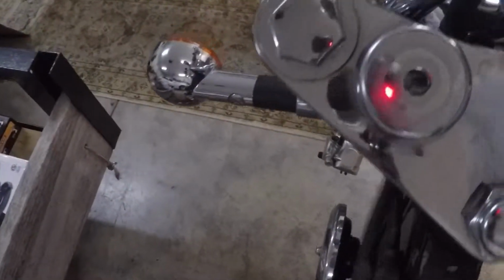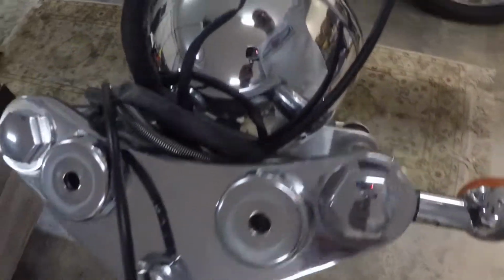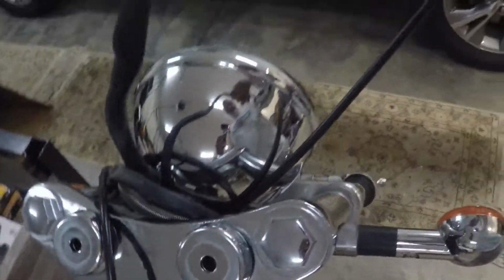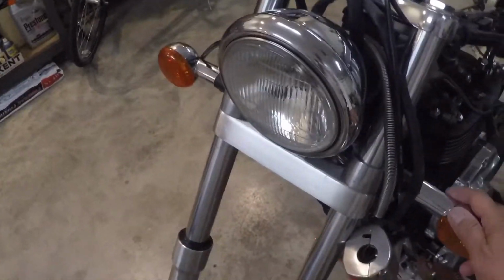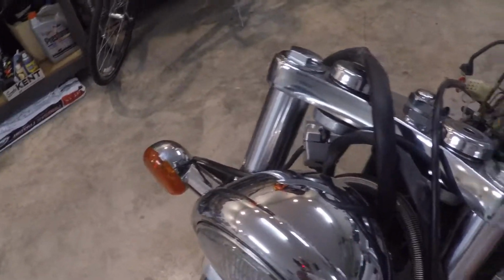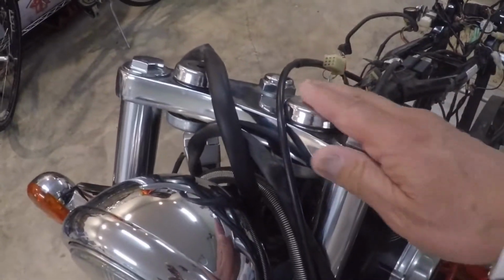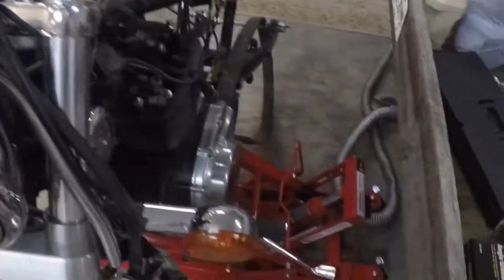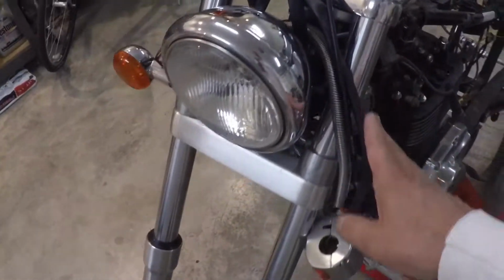the horn, because he's not going to use all that. And we have to take these forks off of here, and signals. I don't think we're going to use the forks. I mean these turn signals. I don't think we're going to take this triple tree off. It's in pretty good shape, and I think the bearings are okay. I tested those. We'll get this all off of here, and then we get these forks off of here, and